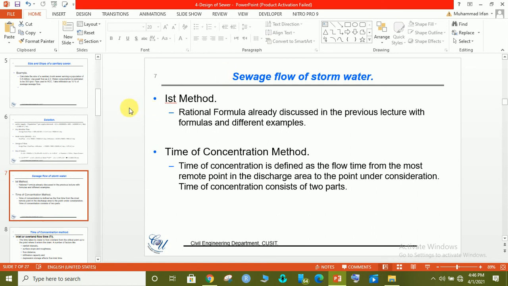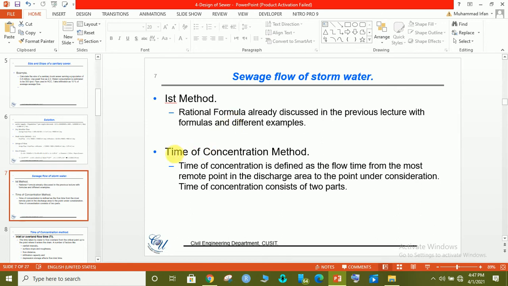This is now the sewage flow for stormwater. Stormwater is what we need to calculate when we want to design the combined sewer. So we must calculate the amount of stormwater that is generated after a sudden rainfall. The first method is the rational formula, which is simply Q is equal to CIA, which was already discussed